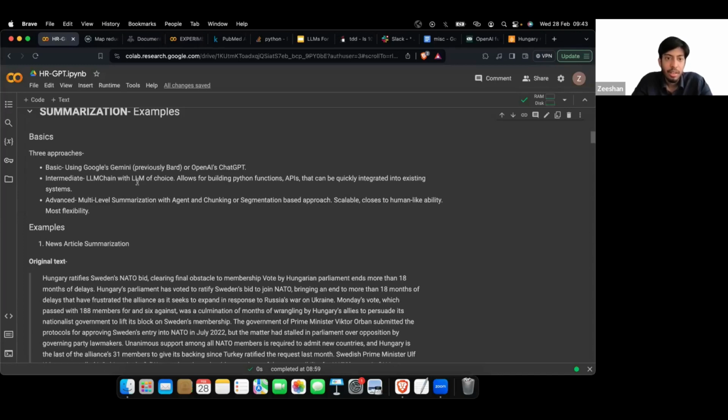So if the document exceeds 8,000, or whatever the token limit is, then even this LLM chain will not be of much use. And in fact, even if the context window is big, there is a high chance that if we feed a document which has, let's say, 20,000 words, because only one LLM is doing the thinking, it will miss out on a large number of relevant and important things.